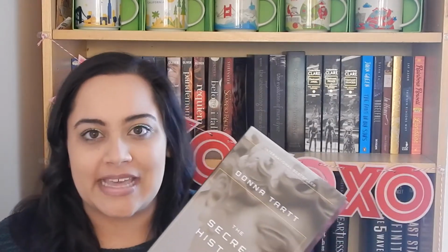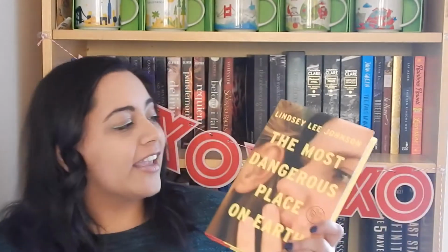So in the beginning of this book, we learned that the group of kids murders one of their friends, one of the members of the group, and through the course of the series, we figure out why they did that and the events that led them to make that decision, as well as how they react to things that go on after that. Then for the January box, I got The Most Dangerous Place on Earth by Lindsay Lee Johnson,